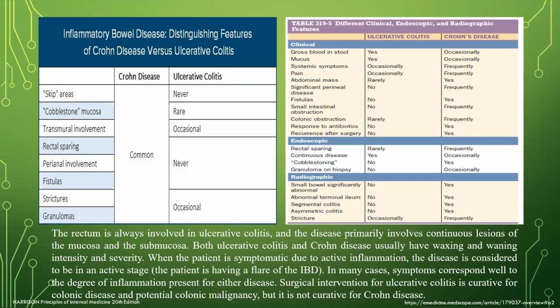Both ulcerative colitis and Crohn usually have waxing and waning intensity and severity. When the patient is symptomatic due to active inflammation, the disease is considered to be in an active stage. The patient is having a flare of inflammatory bowel disease. In many cases, symptoms correspond well to the degree of inflammation present in their disease. Surgical intervention for ulcerative colitis is curative for the colonic disease and potential colonic malignancy, but is not curative for